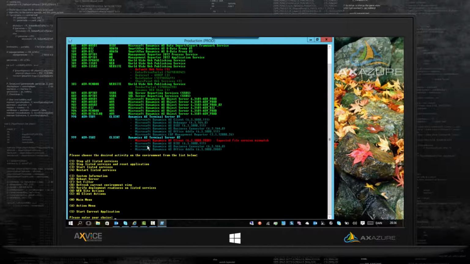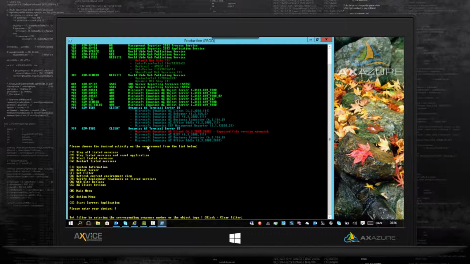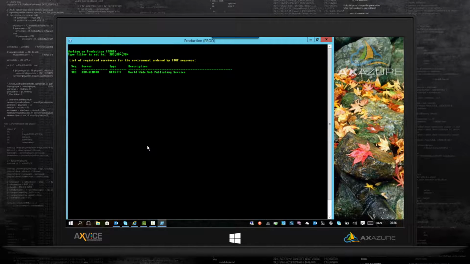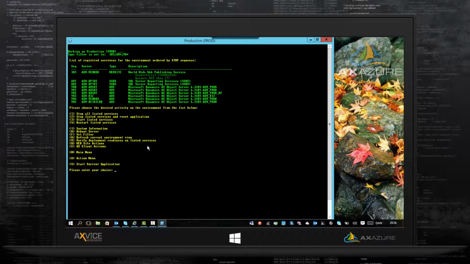So you can set your filter to multiple values. So you can say that I want to filter 303, all the 800 and all the 900 servers. So let me try to filter 303 semicolon, all the 800 servers, semicolon, all the 900 servers, semicolon. This should show you 303, all the 800 servers and 900, and then you can restart these services. So that's the filter function that you can use in your system.